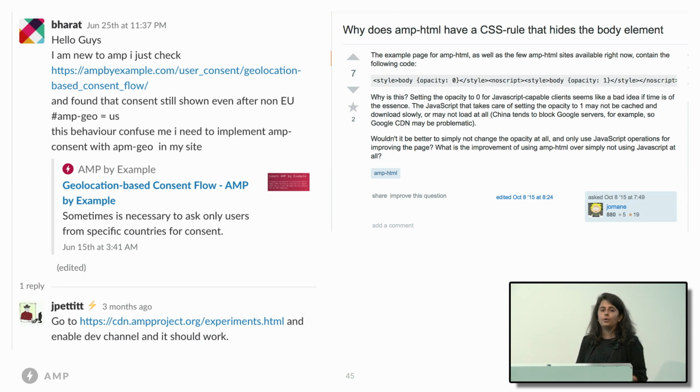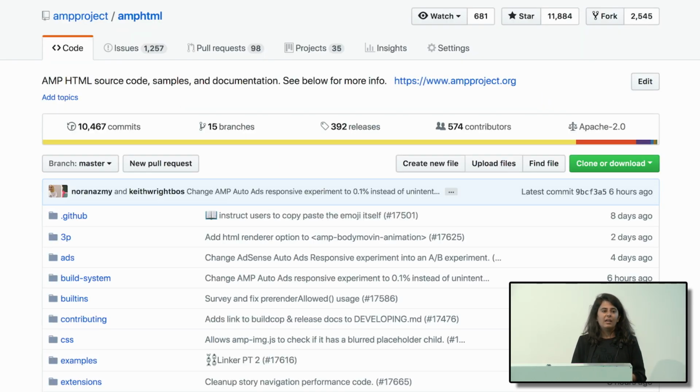And that's a great way of getting involved. In fact, if you know the answer to a question that somebody's raised on one of these communities, feel free to take a shot. Feel free to answer that question just to make sure that everyone's supported in the AMP community. And from then on, if you really want to get to the source of all your problems, go check out the GitHub repository. From there on, you have access to all the code base where you can take a look at what kind of CSS we're using, what kind of JavaScript, if a button was added properly or not, and really debug your issue a little bit more thoroughly.